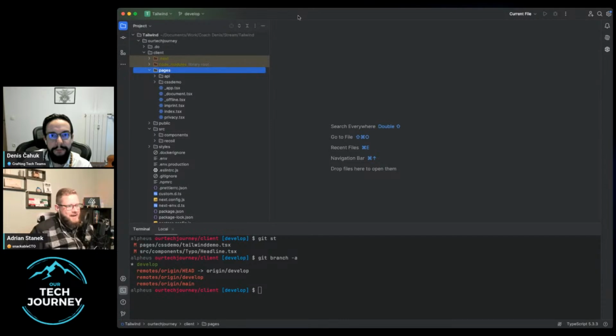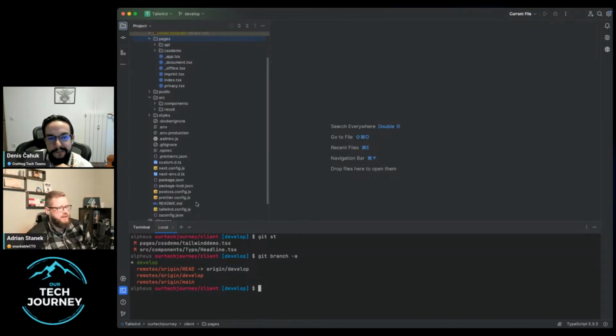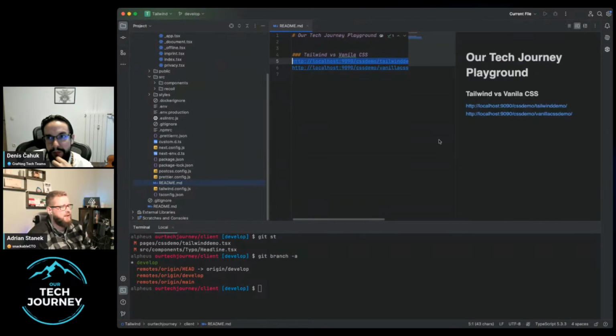So we are pretty badly prepared for this, to be honest, because we want to have a jamming session where we basically work on something. What we have here is a Next.js 14 stack with React 18, Tailwind, TypeScript, ESLint, Airbnb settings. Prettier we have inside there as well.